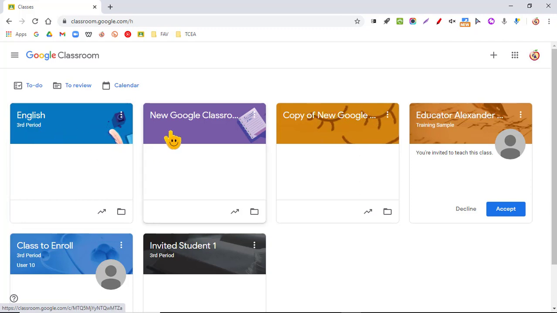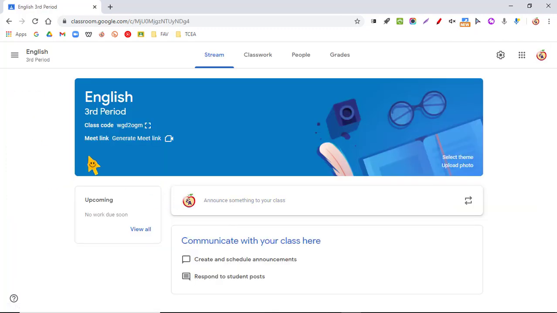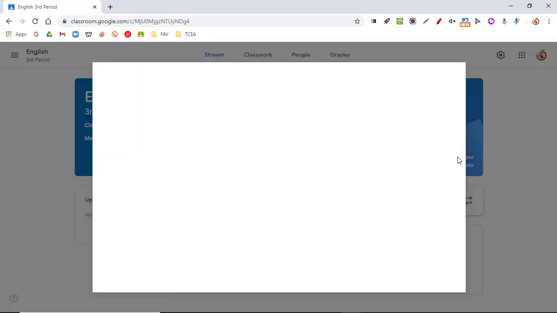Notice whatever picture you choose shows up. So you can use this as kind of an organizational system. But again, for basic, I'm just going to show you how to do the picture. So I'm going to click here. Here is my picture, and now we're going to talk about the stream. So if I wanted to change this picture, what Google does is whatever you put on that top line, and then the second line, is going to try to match up a picture for you. But if you don't like this picture, you can click select theme and